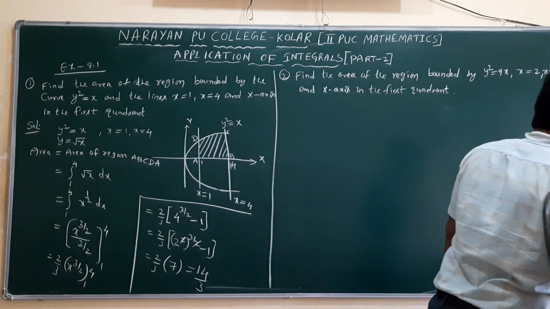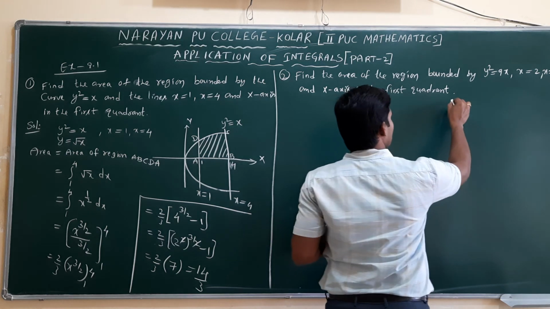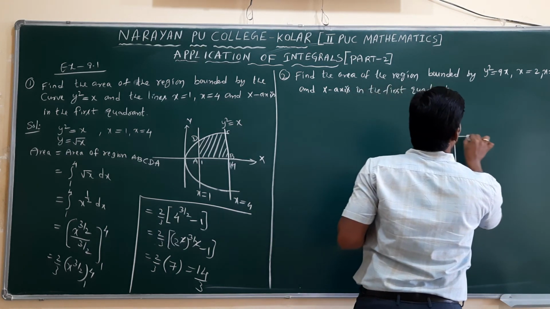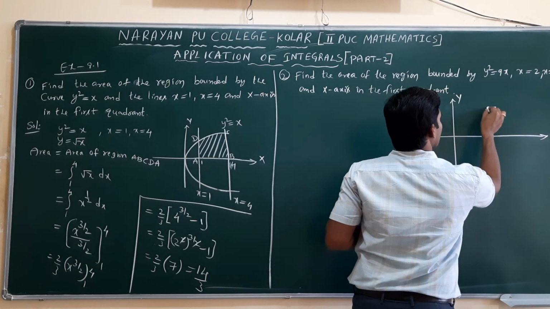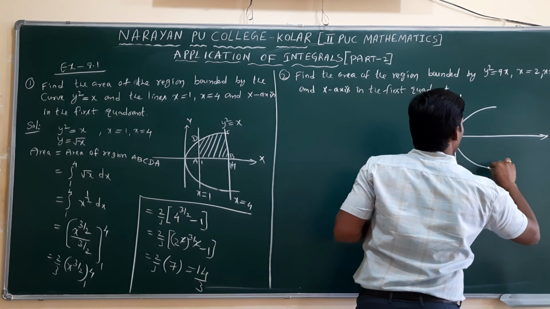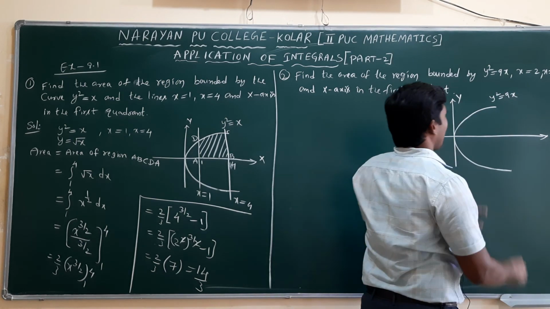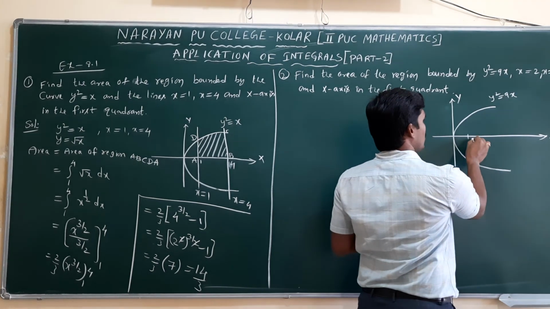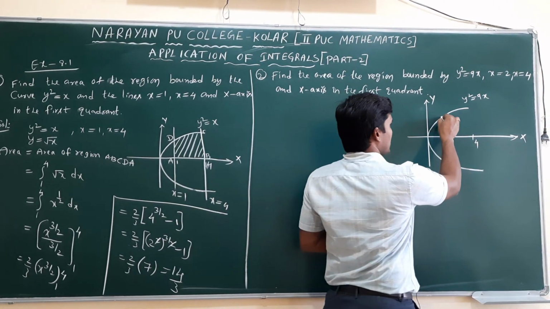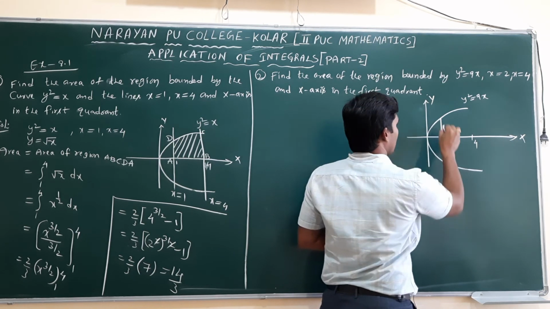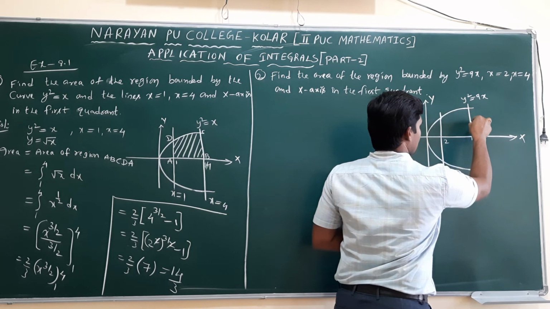Same concept here. This is also a type 1 parabola. Limits are given clearly. It is of the y square equal to 4ax form. This is y square equal to 9x. I take x values approximately: here I will take 2, here I will take 4. Now this is the x equal to 2 line and another one is the x equal to 4 line.